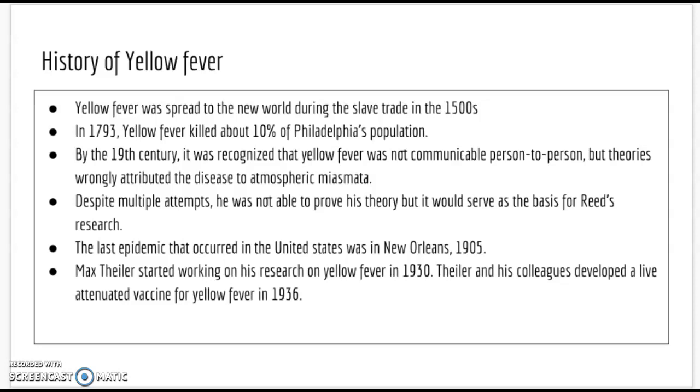By the 19th century, it was recognized that yellow fever was not communicable from person to person, but theories wrongly attributed the disease to atmospheric conditions. In 1881, Carlos Finlay of Cuba significantly advanced the field when he suggested that Culex cubanus, also known as Aedes aegypti, was the mosquito responsible for spreading the disease. Despite multiple attempts, he was not able to prove his theory, but it would serve as a basis for Reed's